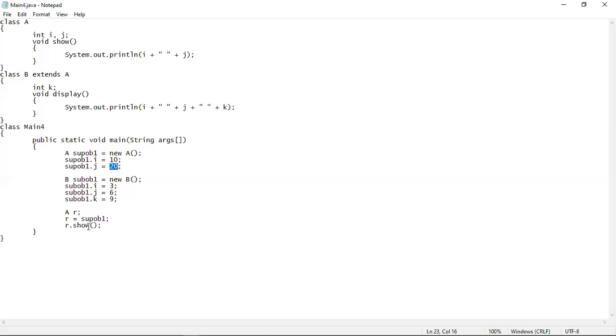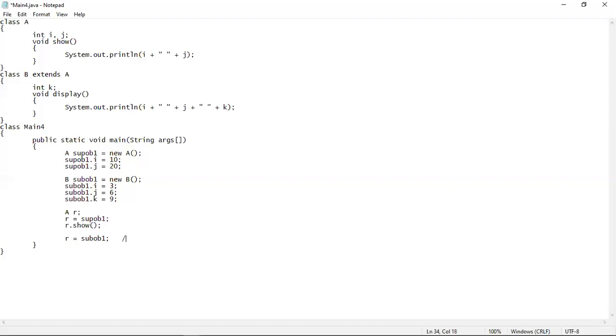So by calling this show method using this R reference variable, will give you 10 and 20, because this reference variable is now referring to the superclass object. The reference variable is also of the superclass, the object is also of the superclass, so no type mismatch is there. Now what I am doing, I am writing R equal to sub ob1.